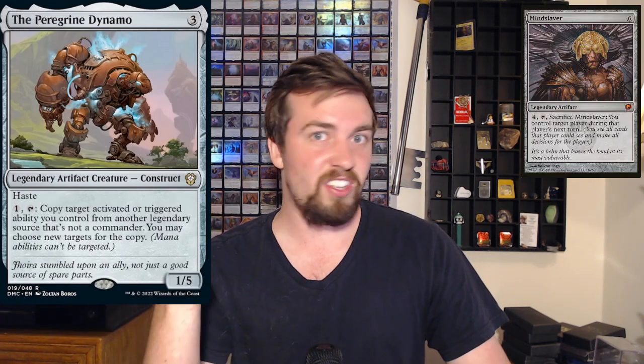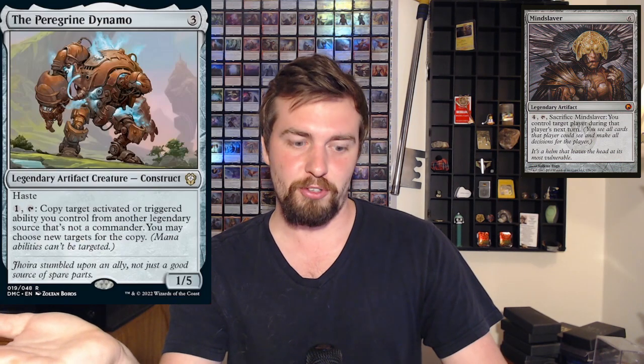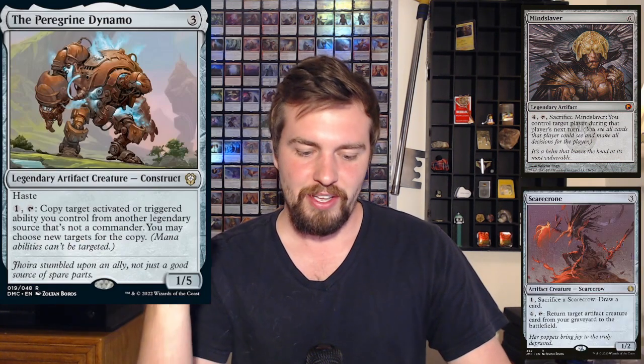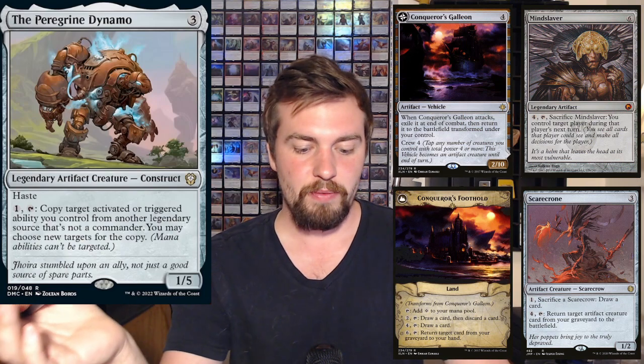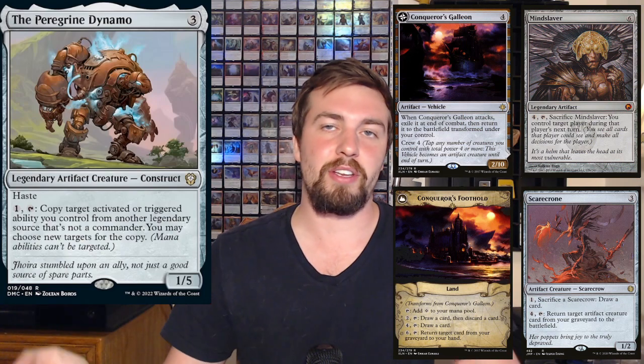Now I've got a couple of locks that I want to talk about, some ways to actually close out the game or win the game. These seem pretty sweet, and I really like the idea of this. You have a Mindslaver lock, so you can just take everyone's turns. Seems good. You can use Scarecrow, Conqueror's Galleon, and Untappers, along with Mindslaver, so that way you can just take